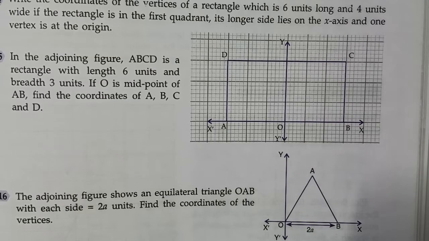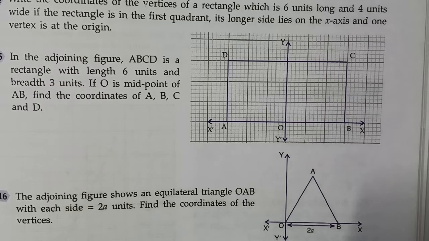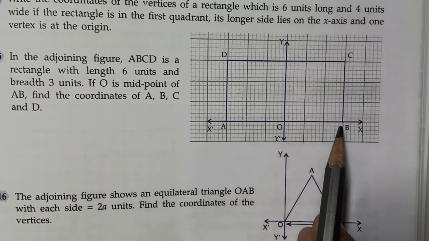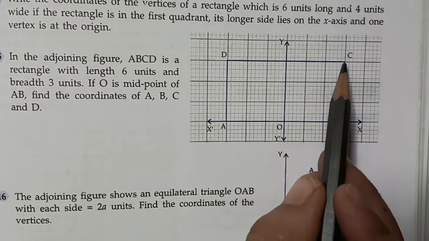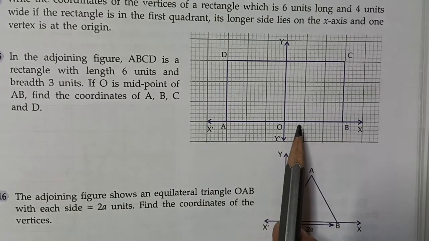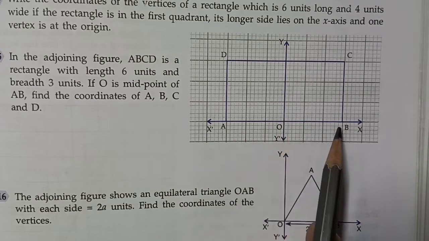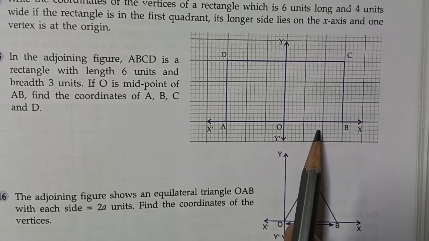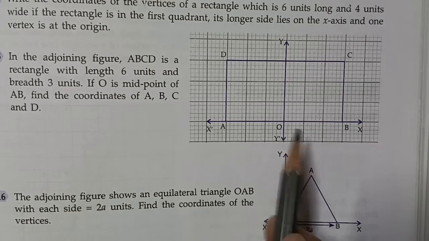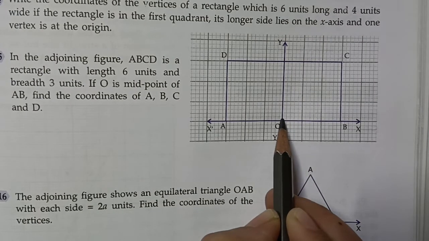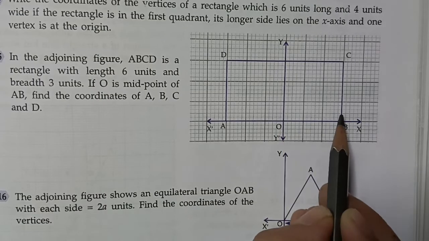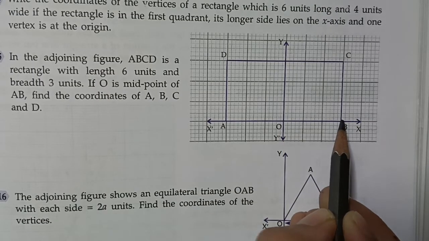Next we have question number 15. In the adjoining figure, ABCD is a rectangle whose length is 6 units and breadth is 3 units. If O is the midpoint of AB, and O is the origin, which is the midpoint of AB, find the coordinates of ABCD. So its coordinate will be 0, 0